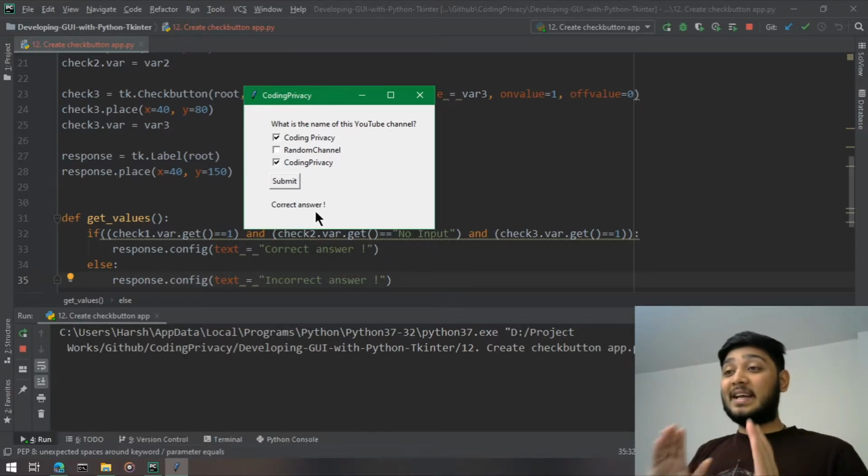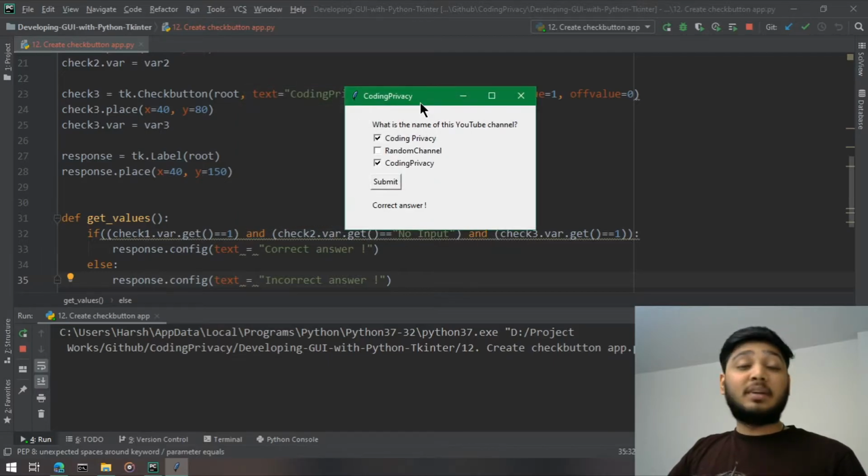So this is how you can use the check button in an application. This is basically a small check button app, because there's one question and three options, and then you click on the submit button. Let's say you are creating an application where the first page is this, and when you press submit and it's a correct answer, you move on to the next question, and you can create a quiz game, right? So this is one portion of a quiz game, and then you can create a bigger version out of this. Maybe we are going to create a quiz game in the upcoming videos.